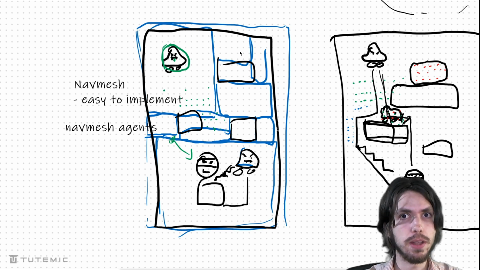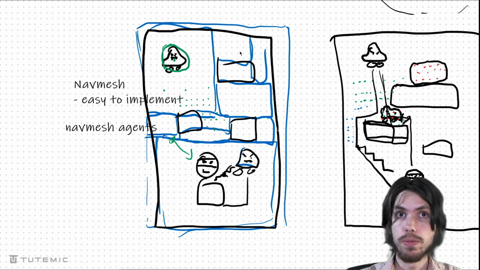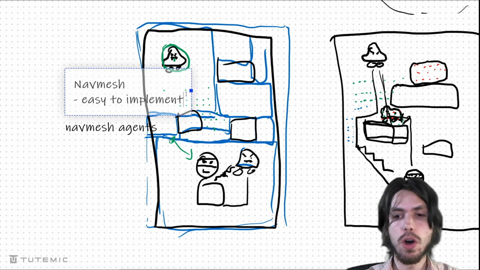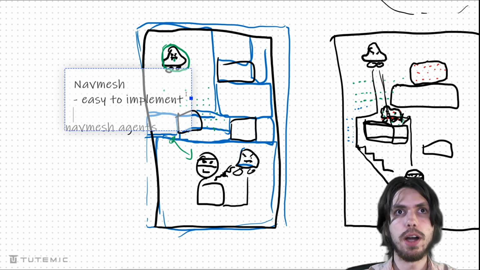You're not the one implementing the A-star algorithm or anything like that, all the other stuff that's happening behind the scenes. All you're typically stating is, is there stairs? What's the stair height so that it can go up and down stairs? Okay, so it's easy to implement, but it's also flexible.